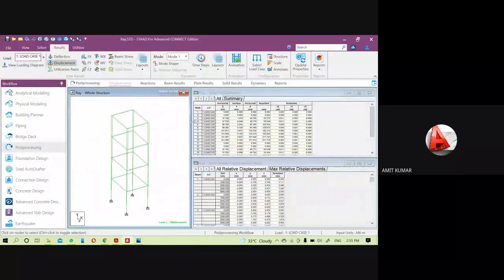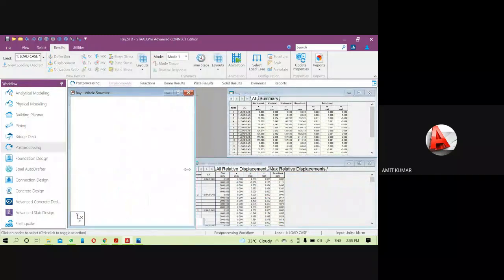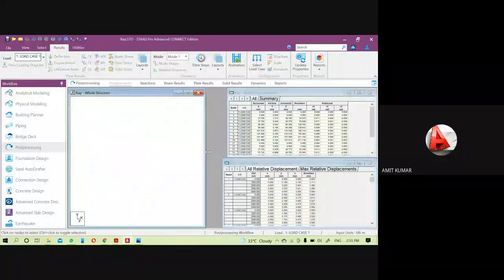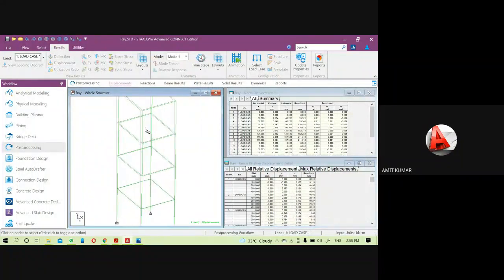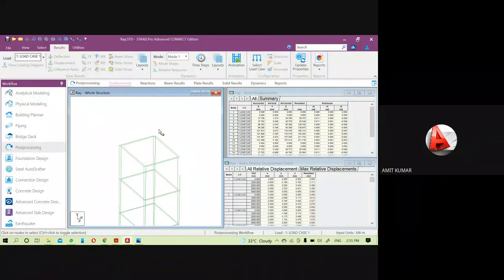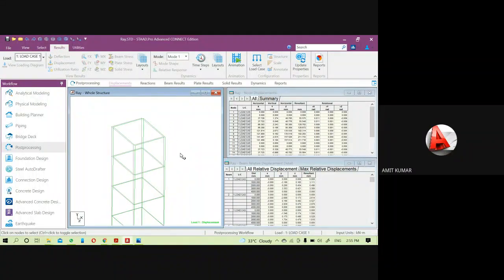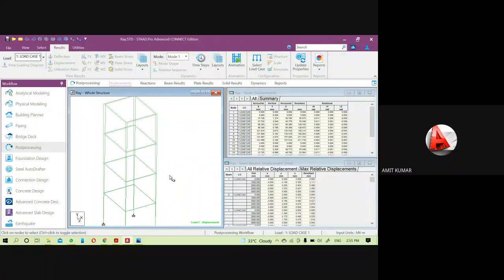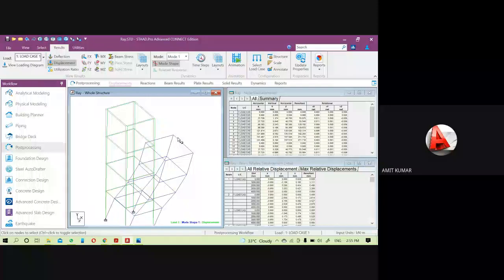So under the post processing option, here you can see the displacement is clearly visible. You can see here when I zoom in, this black line is showing the structure's actual position, and this green line is showing its displaced structure. Okay, and it is the displacement due to load case one. I only applied load case one here. Now come to the mode shape. So click on the mode shape here. So basically the mode shape will show you the structure's response if the structure is allowed to move freely due to the applied seismic wave.